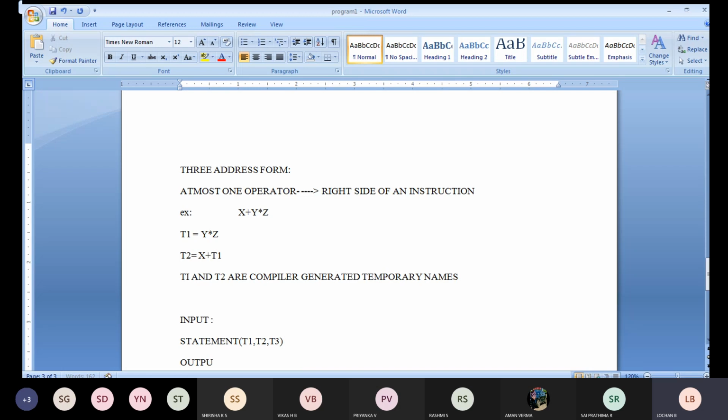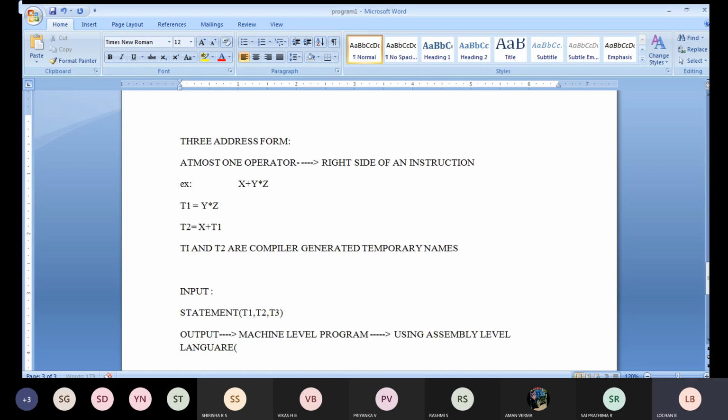Finally, output, what I need to get means, I need to write the program in terms of machine level program using assembly level language, or I can say in bracket microprocessor. What you studied in your fourth semester, assembly level language, I am going to get the output in the form of like this.